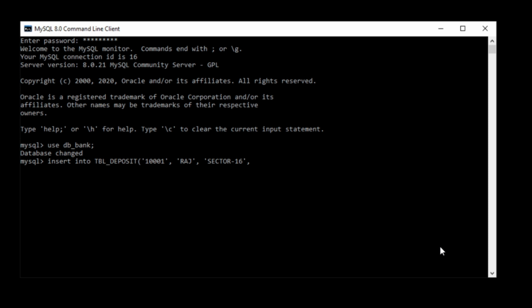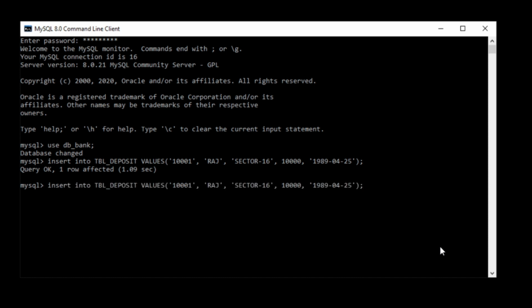Insert into table name, then values: Raj, Sector 16, and the amount is 10,000, and the date is 19 March 1985. Now this is the first data inserted in the table deposit.